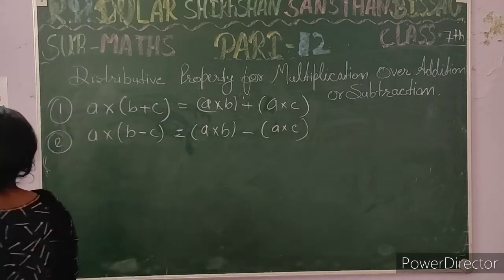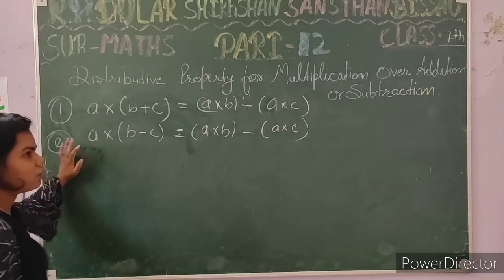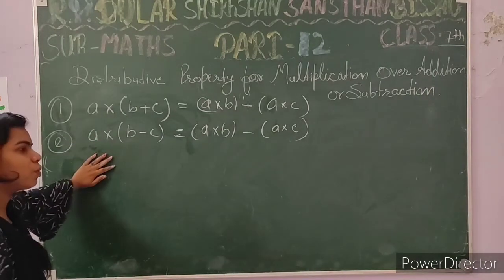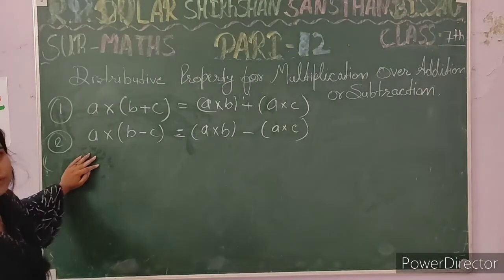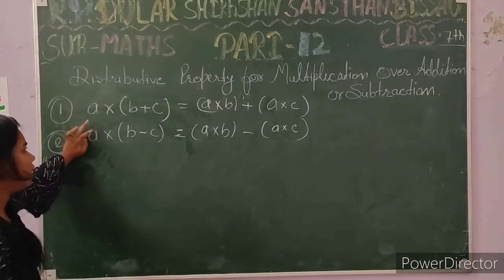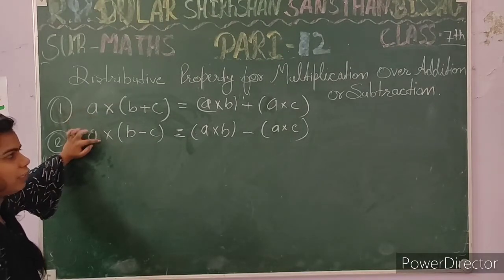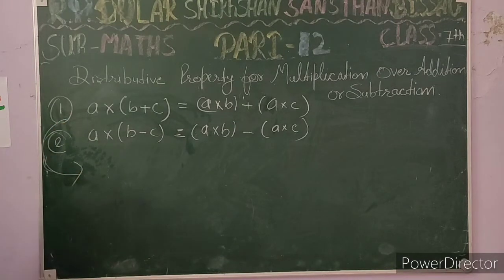Students, always remember the distributive property, associative property and closure property. Always remember the rules and definitions of these properties, and how we can solve this type of question. First of all, I will tell you about the property for addition, then I will tell you about subtraction also. Look carefully at how the questions will come.